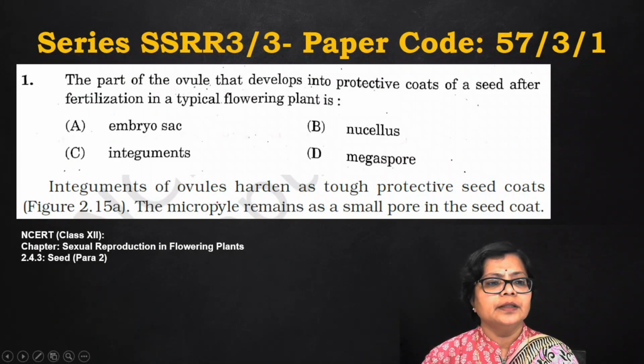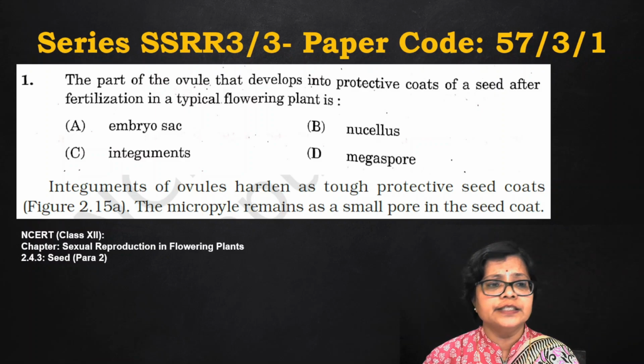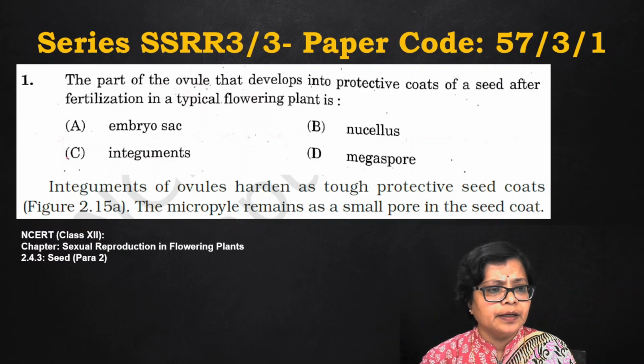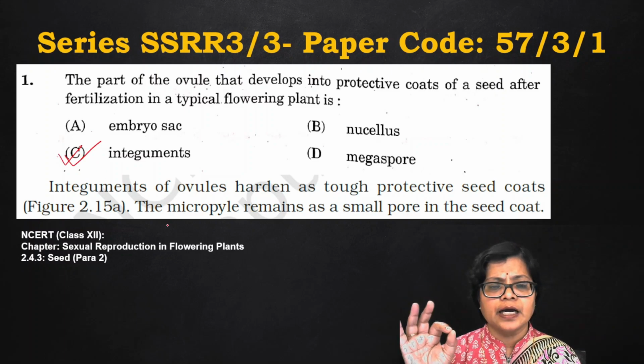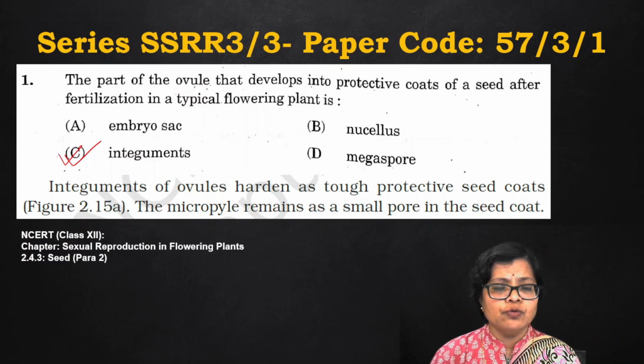First question: the part of the ovule that develops into protective coats of a seed after fertilization in a typical flowering plant is embryo sac, nucellus, integument, or the megaspore. Definitely it will be the integument, sorry, not megaspore. It will be the integument because testa and tegmen, these two